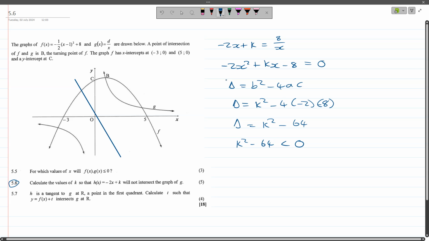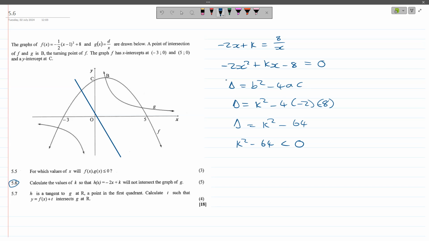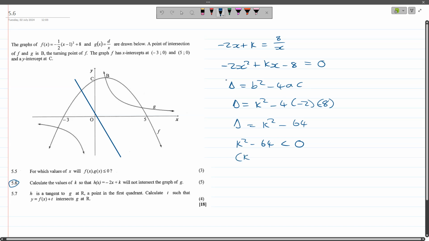So we look for values that satisfy this information, and we know from this we're going to have k minus 8 and k plus 8, since it's a difference of two squares. And then we have our little Cartesian plane for our critical values. Our critical values will obviously be 8 and minus 8. Therefore, we put minus 8 there and 8 over there,